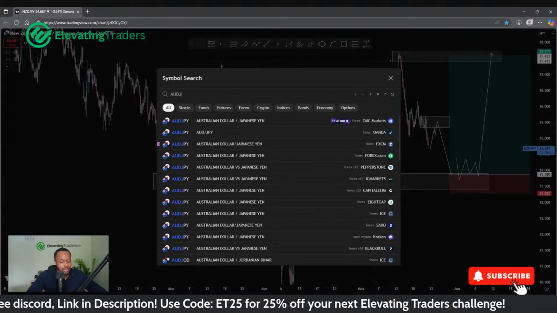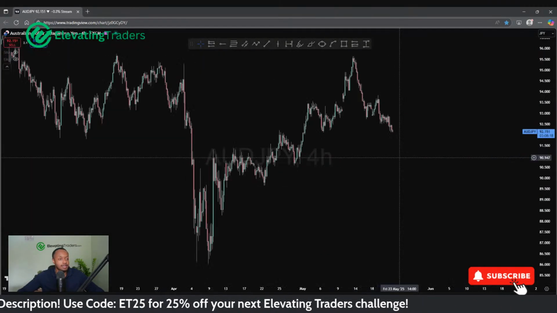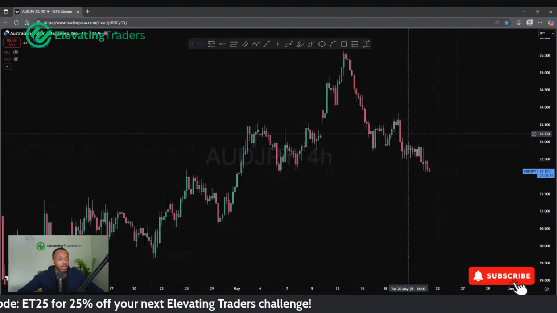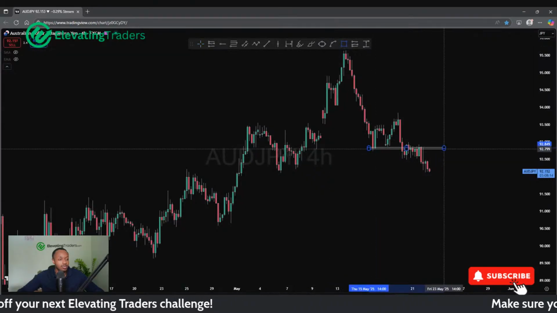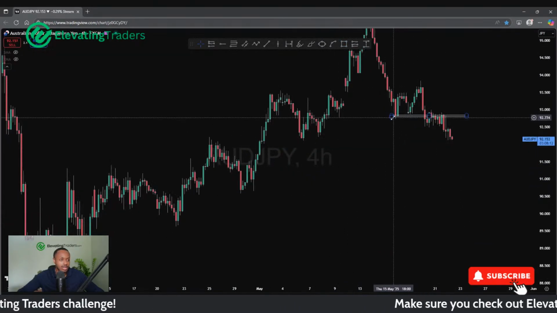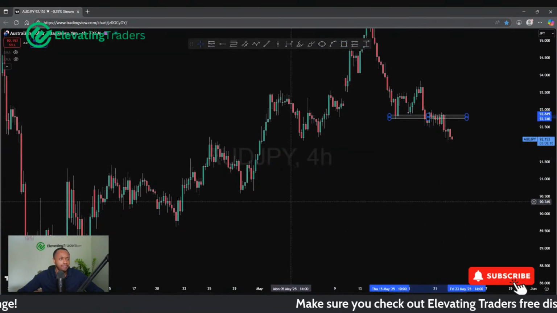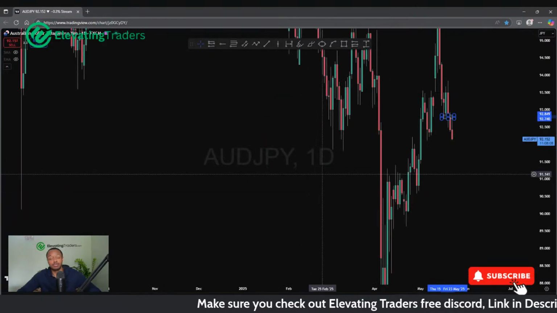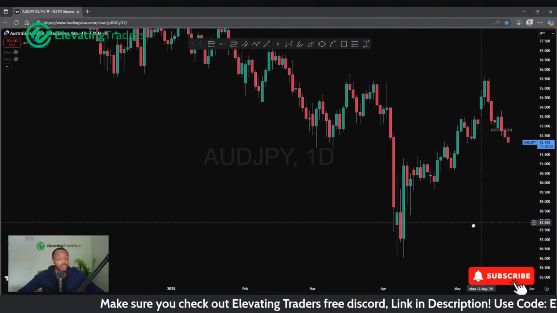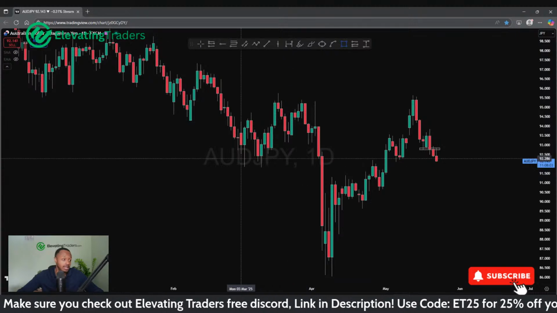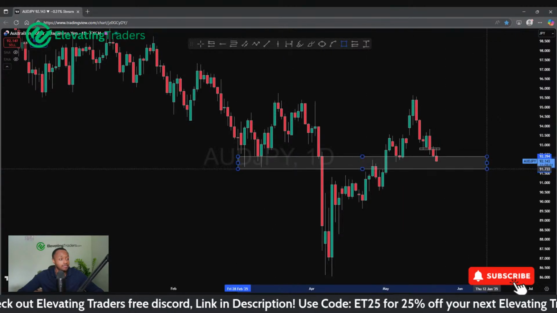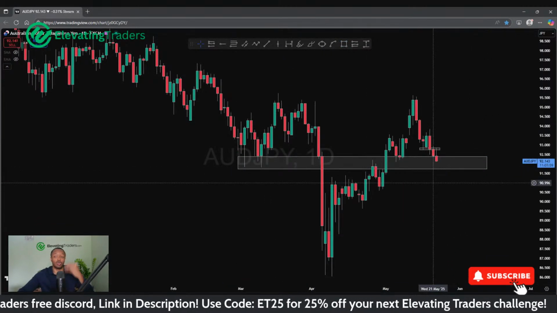But yeah, in terms of Aussie yen, I did have a stab at Aussie yen yesterday with the double bottom, but it did not play out. Price didn't respect support here. We broke through. Actually had a small retest, and then we continued falling. But I'm still looking at a similar opportunity to New Zealand yen with Aussie yen as well, which is the support level here, which we're trading in at the moment.